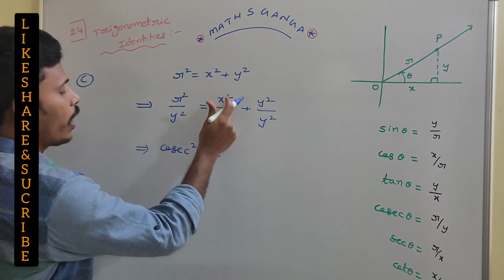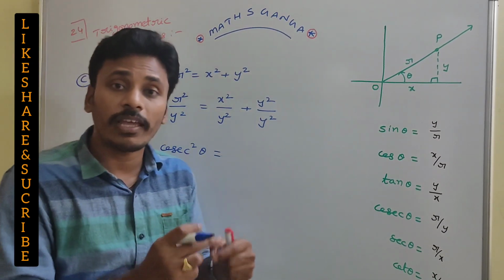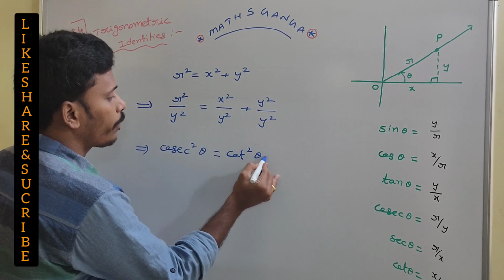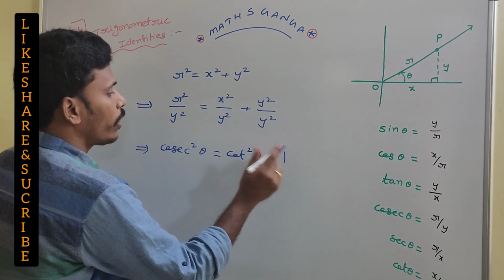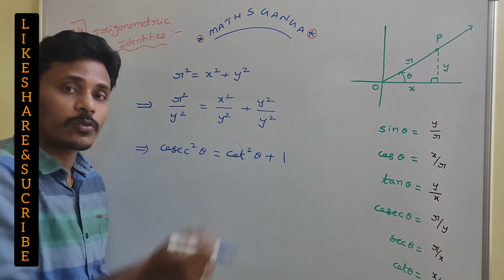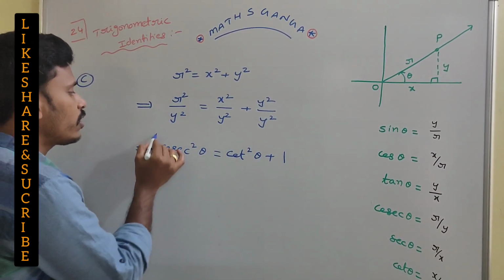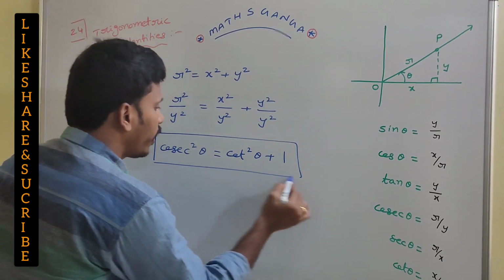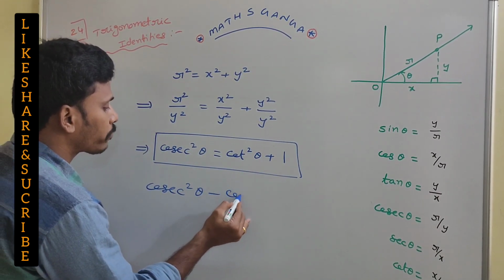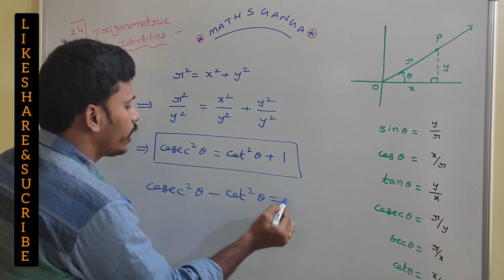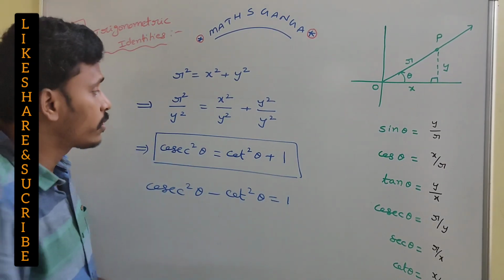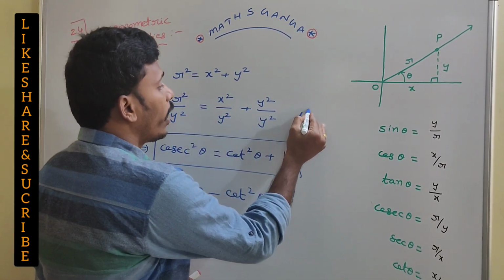This is equal to x square by y square, which is x by y whole square, and x by y is cot, so this is cot square theta, plus y square by y square is equal to 1, and cosecant square theta is equal to cot square theta plus 1. So this is the statement now. If you rewrite it, you have a chance to rewrite it like this: cosecant square theta minus cot square theta is equal to 1. And you just think once, see, since we are dividing with y square,